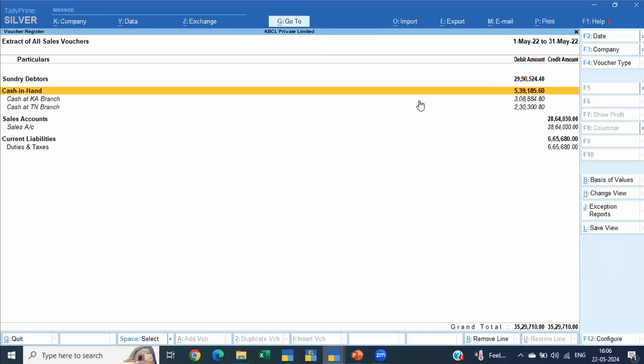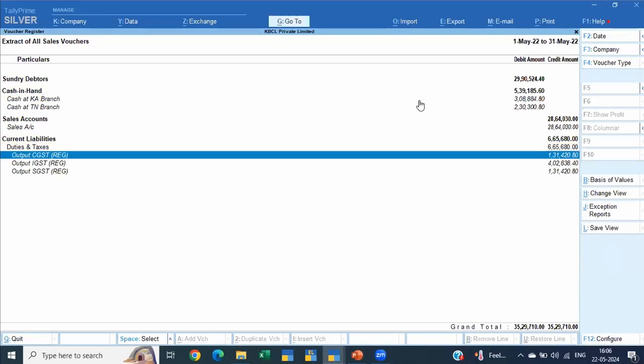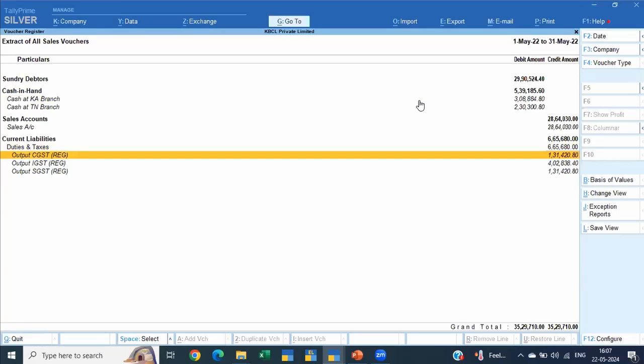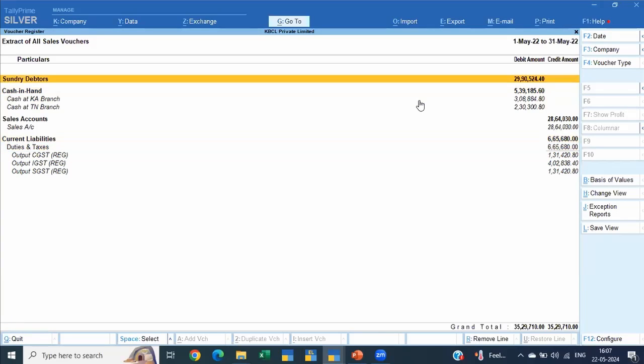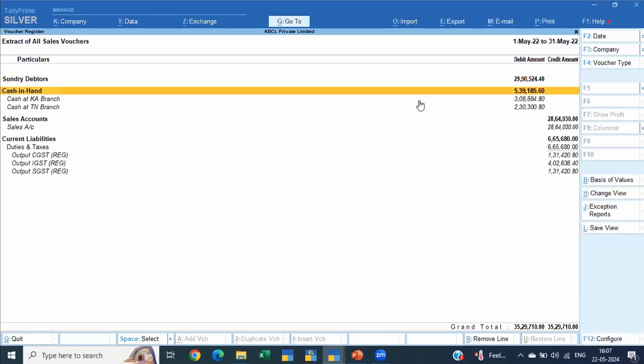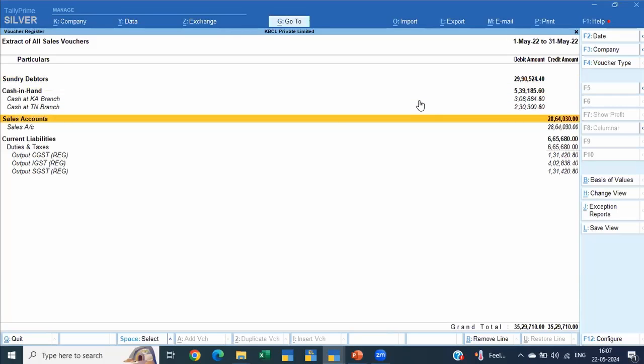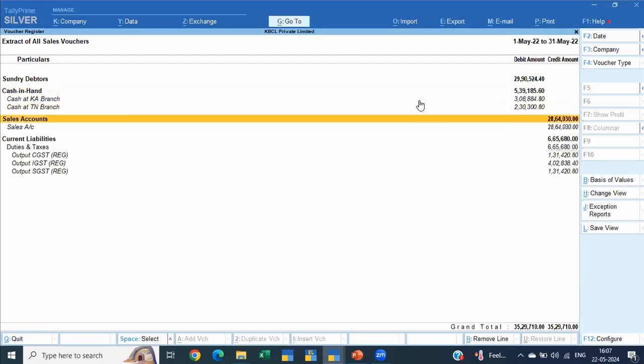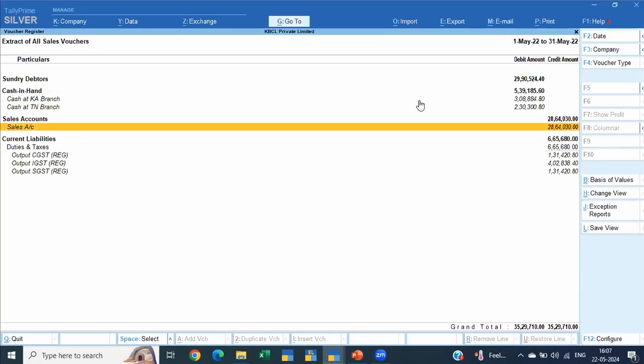Now this also gives you information of say how much the CGST, how much is the IGST, how much is the SGST on an overall basis. Now this is what you're going to match with your GSTR1, if I'm not wrong. So you can just take, and how much of your debtor value is attributed to this particular GST transaction. How much of your sales value is attributable to these particular GST transactions. How much cash transactions have happened. All that insight you'll get without creating any exorbitant report. It's nothing but an extract, a summary of these particular transactions.